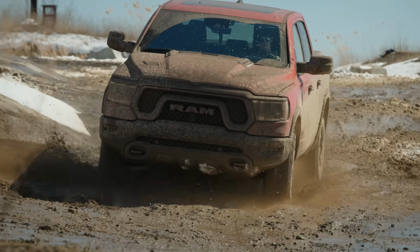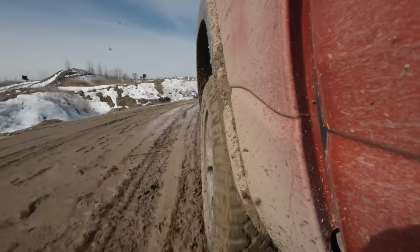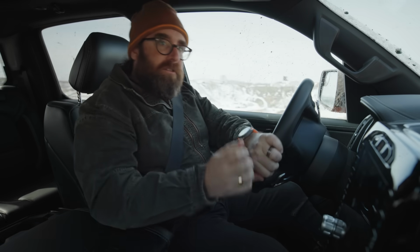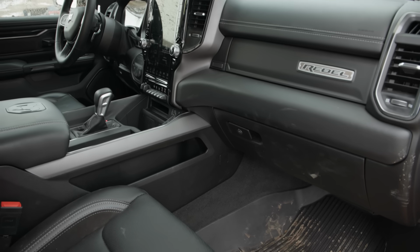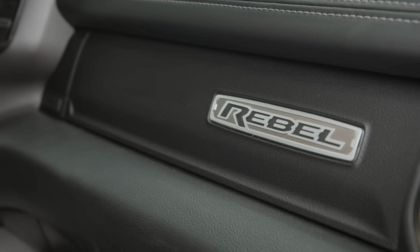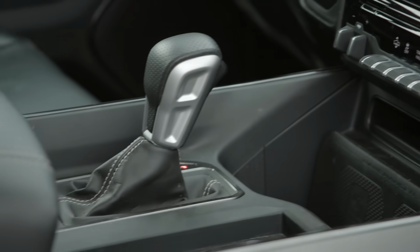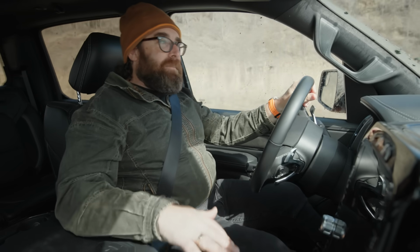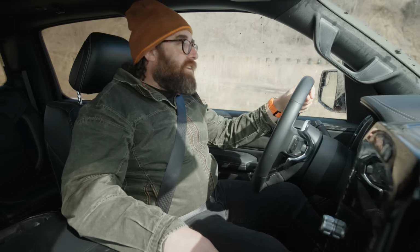So as far as the Ram Rebel GT's interior goes, look, this is a very nice cabin. It's luxurious for a pickup truck. There's a ton of functionality. Thing is, it used to be the best. I remember when the Ram 1500 this generation came out, blew us all away. Nothing could touch it. But that was many, many years ago, and it really is starting to show its age,